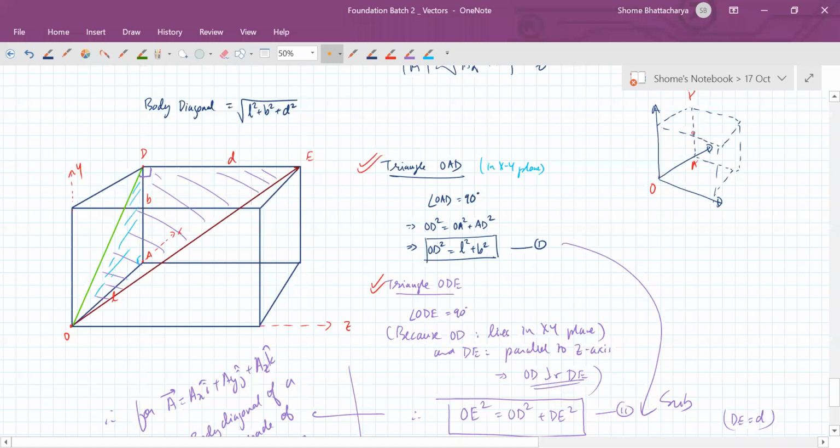So this was the first triangle we talked about. This one. Okay. And the second triangle we talked about just now was,